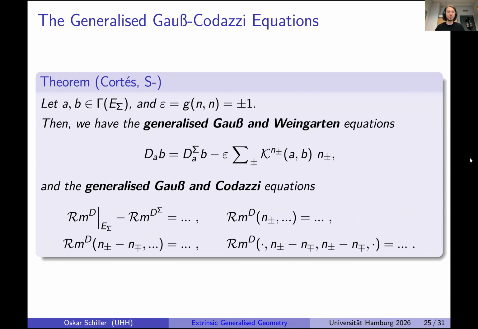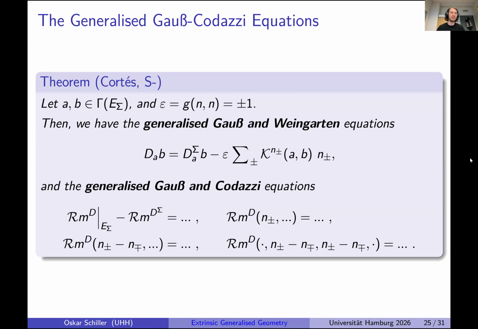Okay, to go back to generalized extrinsic geometry, we have the generalized Gauss-Codazzi equations. In order to derive them, it is useful to first establish the generalized Gauss and Weingarten equations. And these describe the covariant derivative of